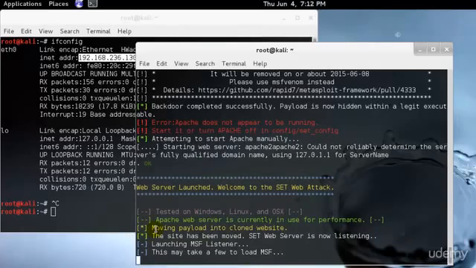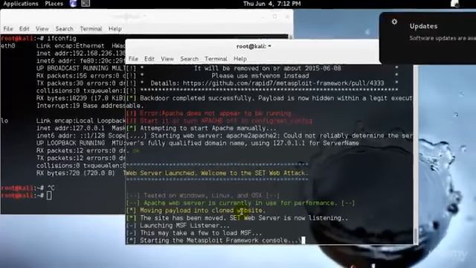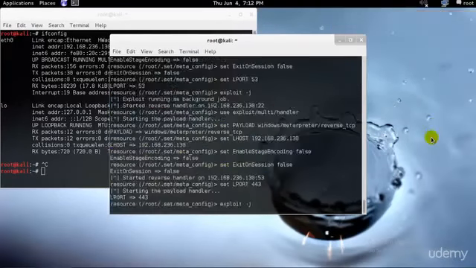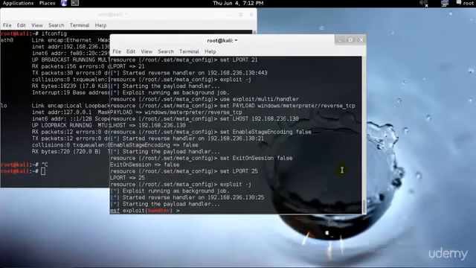so as you can see, moving payload into the cloned site. That means the fake website that I created, I have moved my virus into that website. Right now, let me tell you what exactly is the difference between phishing that person to open a payload which is inside a PDF or an MP3, and doing it this way. If I install a payload inside a PDF, I'll just cancel this, and if I send that to that person,